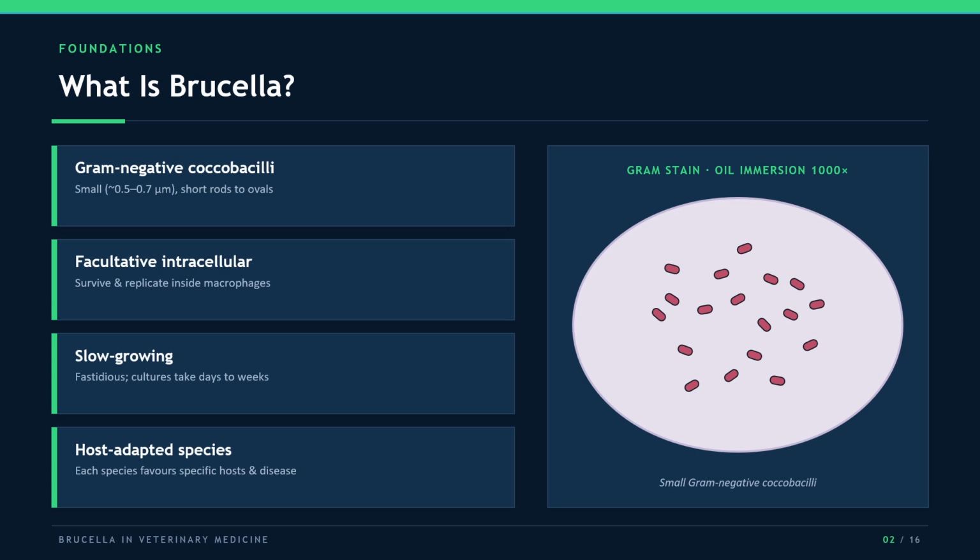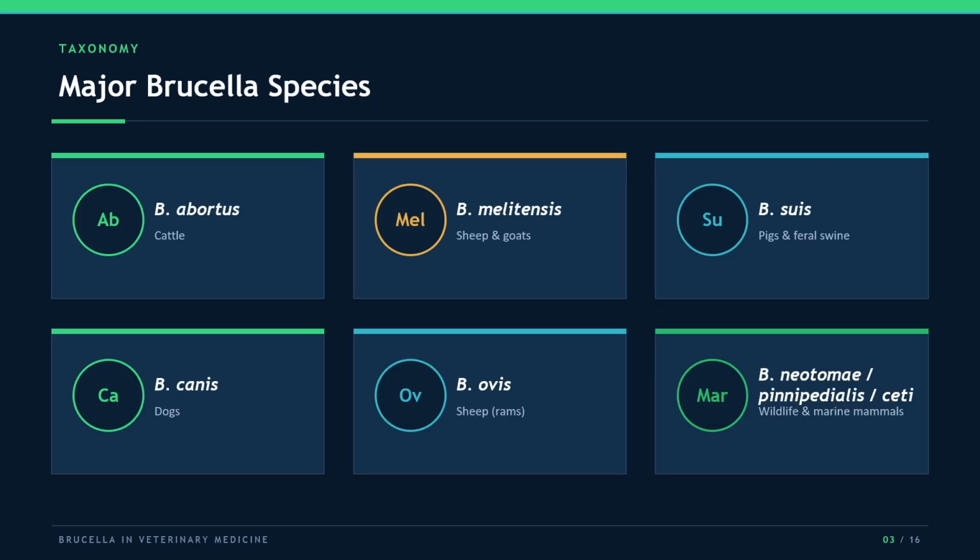They're slow-growing and facultative intracellular pathogens, meaning they survive and replicate inside macrophages. That intracellular lifestyle is a big part of why they're so persistent and so difficult to eliminate. Each Brucella species is strongly host-adapted, which helps explain the very specific disease patterns we see in different animals. The major Brucella species you'll encounter: